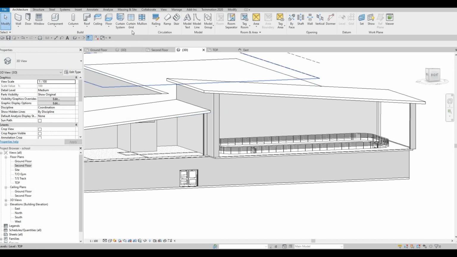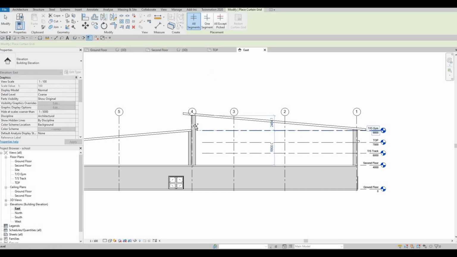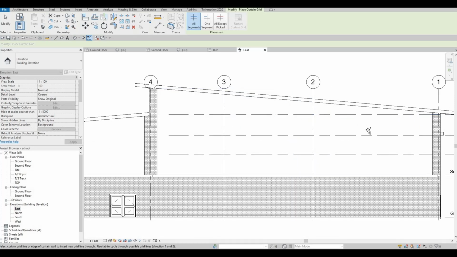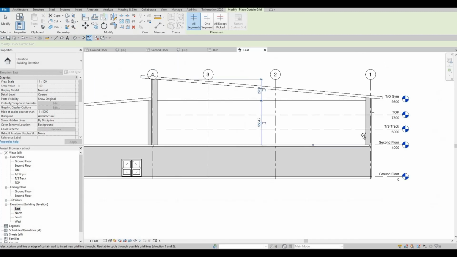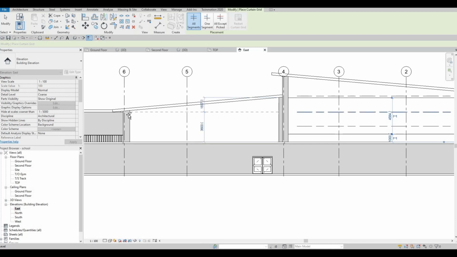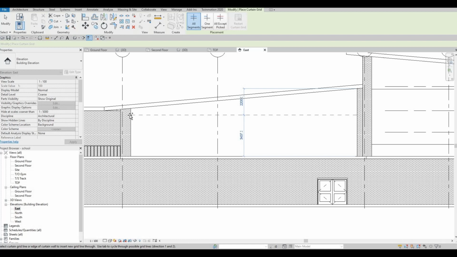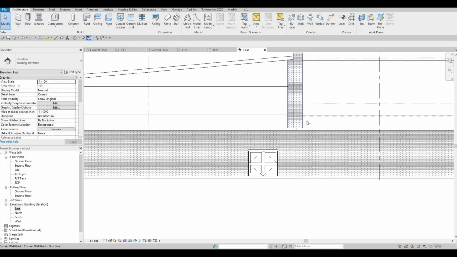What I'm gonna do is I'm going to go to my east elevation and I want to make sure that I have the curtain grid line up perfectly. So I'm gonna add it onto this part. Or this one, I could just copy the TO, or below it. So around here, and then I want it to be down as well, around 1000 below, and then 27 at the top. Here as well, I want it to be around 2200, or yeah, 2200, and then below I want to copy what I did here, AL,